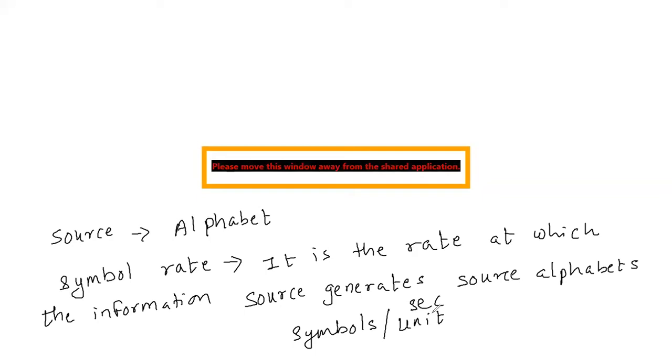So source alphabet, source is usually consisting of alphabets. The source may be consisting of some probabilities, and depending upon the probabilities, if the source is predicting some probabilities of the information, then that is the probability dependence of the symbol in the sequence. For example, if the source is emitting the alphabets, then what is the probability that the next letter will be A? So such sources are called source alphabet probabilities. Each source alphabet from the source has independent occurrence rate in the sequence. That means we cannot predict the probability of which alphabet will occur at which point of time. So that is what we say, that the rate of occurrence is not predictable.